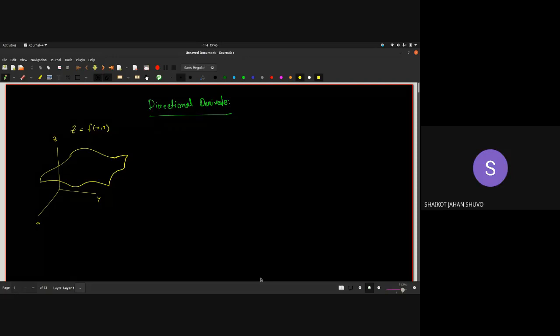Yes, sir. Okay. So what I like to think of directional derivatives is that you have some function like this, and now what you want to do is know how this function changes. Well, if it's a one-dimensional case, it's pretty straightforward. There is only one variable to consider, but when it's more than one variable, you can go into different directions, right? Consider the one-dimensional case. By one dimension, I mean there is only one variable. Something like this. So what you can do, you can either go in the positive x direction or in the negative x direction, right? But when you incorporate another variable, you have some more degrees of freedom to move around